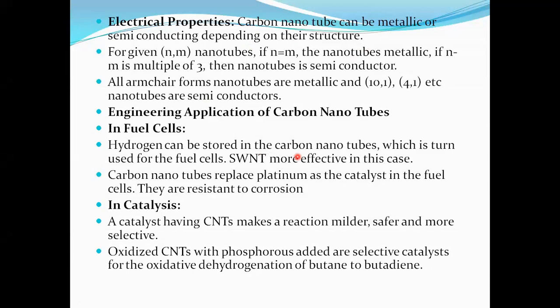So the H2-O2 fuel cell is made up of platinum. Methanol oxide fuel cell chambers are made up of platinum. The anode is made up of platinum, and the cathode is made up of platinum. But in the coming days, when we discuss nanomaterials, those nanomaterials are made up of CNT. That means the anode is made up of CNT and the cathode is made up of CNT.